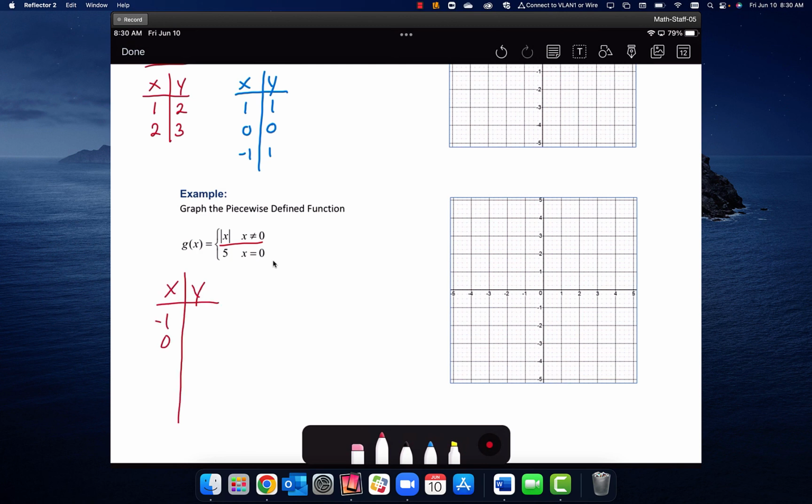So -1, 0, 1. If you plug in -1, we get 1. If you plug in 0, we get 0. If you plug in 1, you get 1. But remember, this one is actually undefined at 0, or not equal to. So we're going to leave an open circle there. But everything else looks like the absolute value function, that V shape from earlier. We have the absolute value function, except for at 0, it's not going to be the absolute value when we're at 0. Open circle. And then the next part,